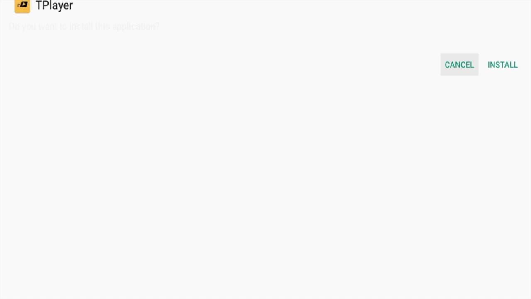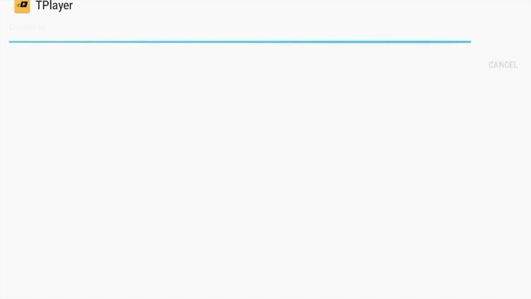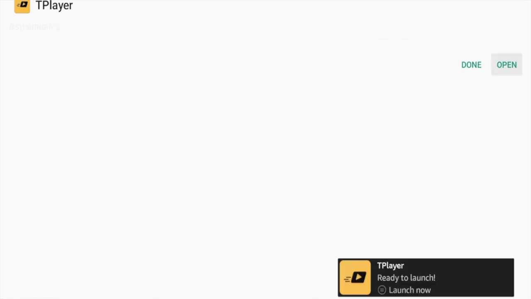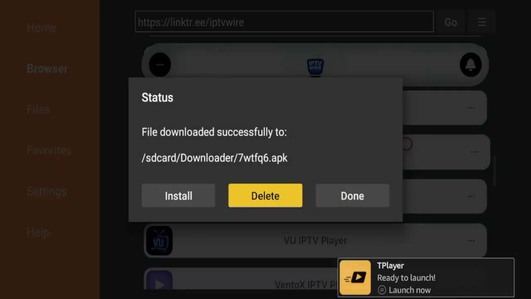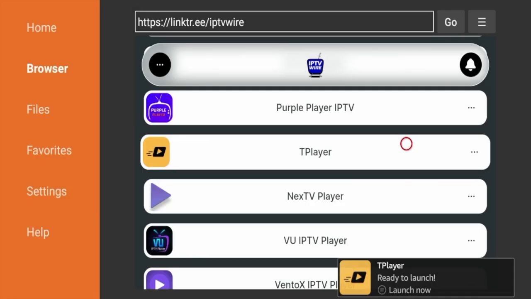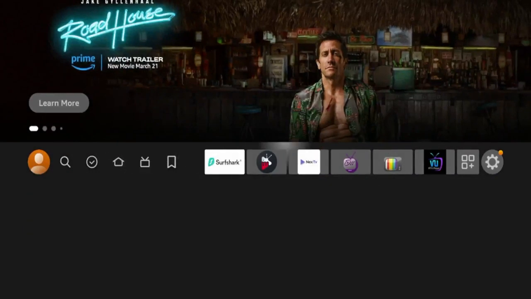You'd give it a few seconds for the file to download. You would click Install right here and then give it a few more seconds to install on your Firestick. And then you would see a message below that says T Player ready to launch. So I'm going to click Done, click Delete again, hit the Home button on my remote, and then you would